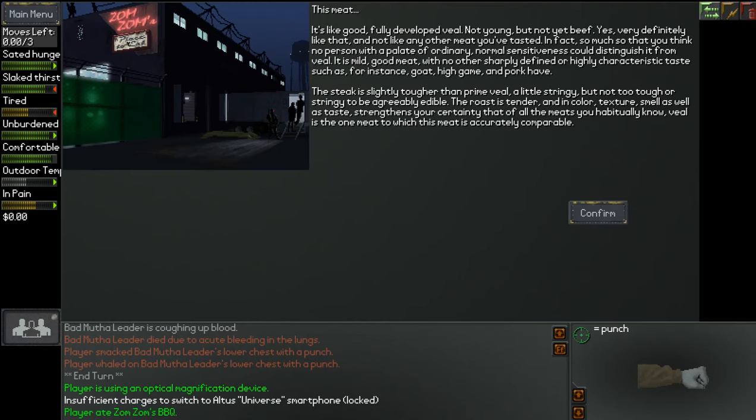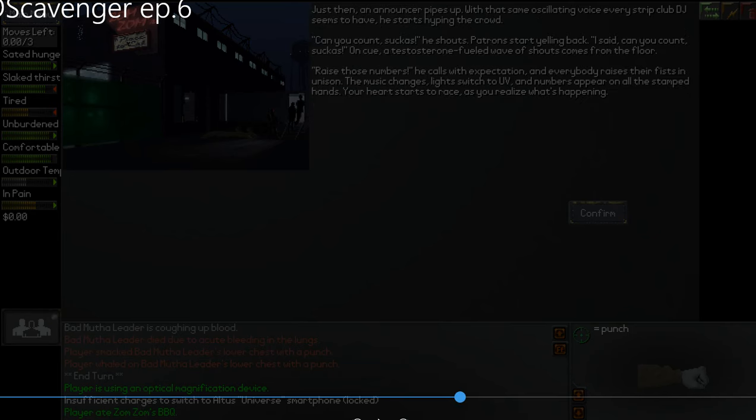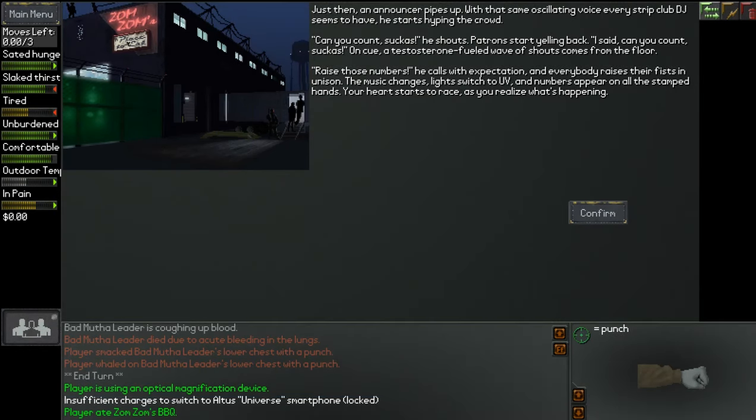So there's a gladiator arena, there's barbecue, and the meat doesn't taste like a particular kind of meat. It's probably human meat they get off the dead gladiators. Anyway, let's continue. And just then an announcer pipes up with that same oscillating voice every strip club DJ seems